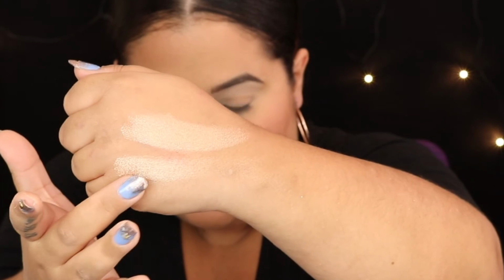See how there's a lot more reflectiveness in the top one? Now, this swatch down here, oh my god, it's so hard on camera. This swatch down here, if I rubbed it, it would just wipe right off. So that shadow, I could totally see how it's meant to be used wet. So I'm just going to wipe off my... Alright, next, I'm going to do